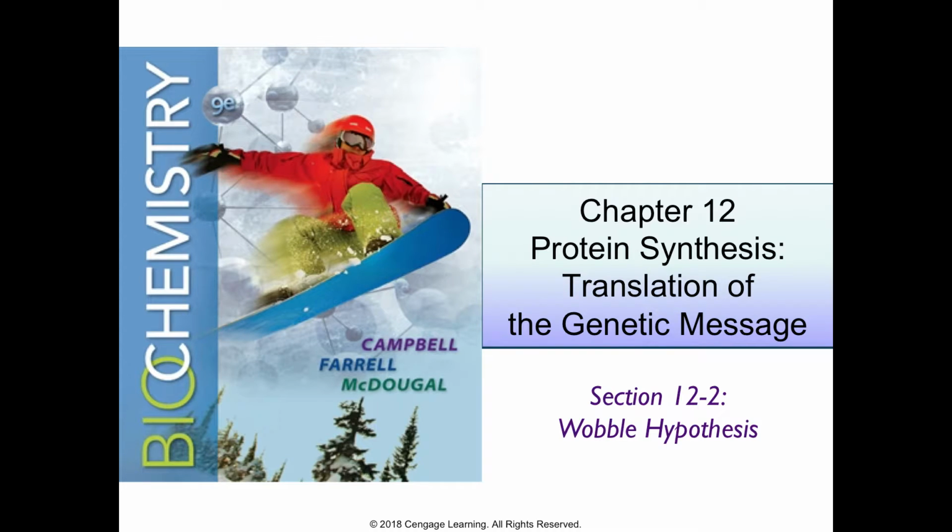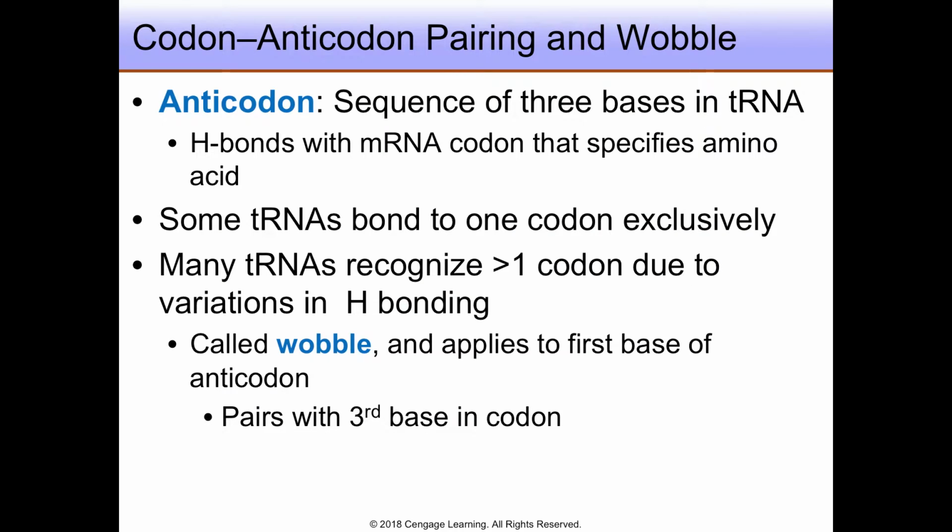In an earlier lesson, we referred briefly to the third base wobble. Let's now see how this relates to tRNA recognition of the codon. Transfer RNA, or tRNA, is truly the translator in this process. Each tRNA carries an anticodon, a sequence of 3 bases, that binds to the codon in the mRNA message through